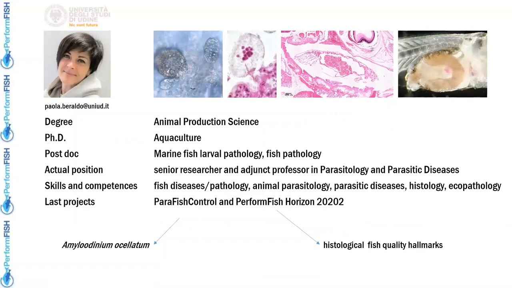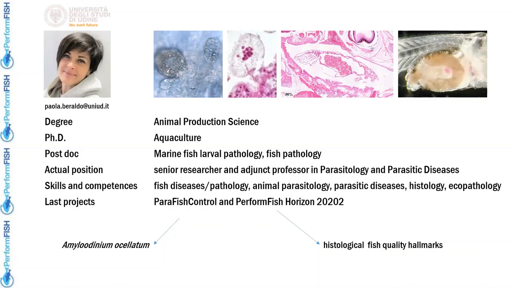Allow me to introduce myself for those who don't know me. My history as a researcher began after a degree in animal production science and then with a PhD in aquaculture. At the beginning, my work focused entirely on fish farming, especially on breeding and feeding the larval stages of marine fish species. In fact, my doctoral thesis focused on the relationship between nutrition and larval quality of marine teleost, in particular gilded sea bream and sea bass.